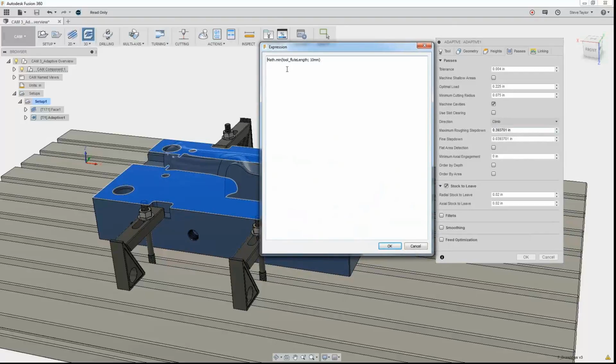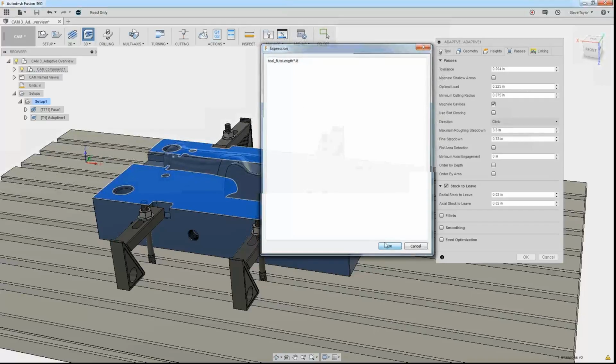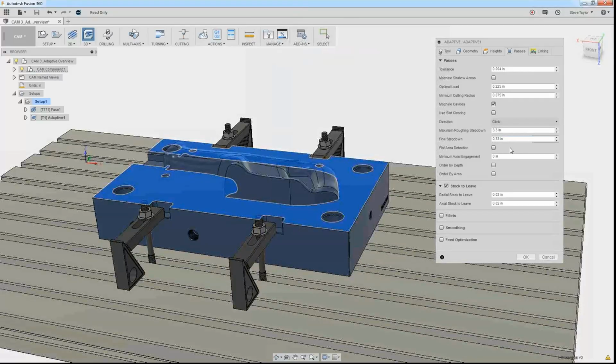I don't know exactly where that comes from, but what I want to do, I'm actually just going to change the step down to 80% of the flute length. So if I just change this expression there and multiply the flute length times 0.8, and press OK, you'll see it's automatically changed them values,